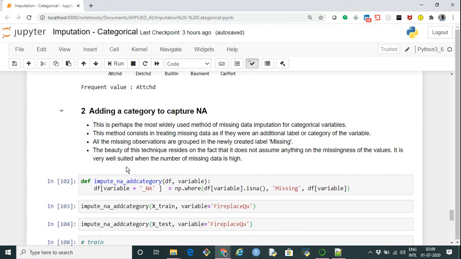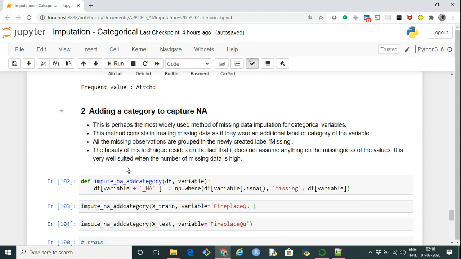Now the second thing is how to deal with a variable which has a high percentage of missing data. What we can do is specify the word or string missing itself as another category, and let it appear as another category in that particular categorical column. The advantage of this method is that we are not making any assumptions.